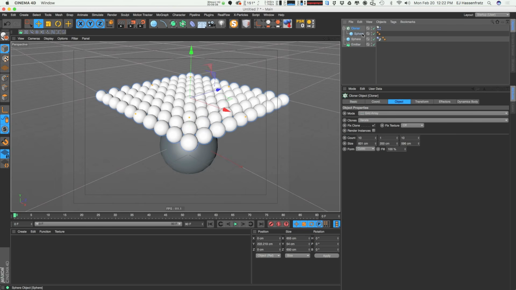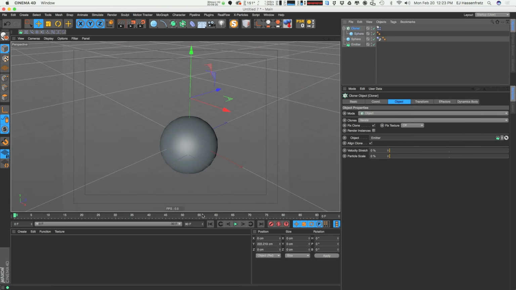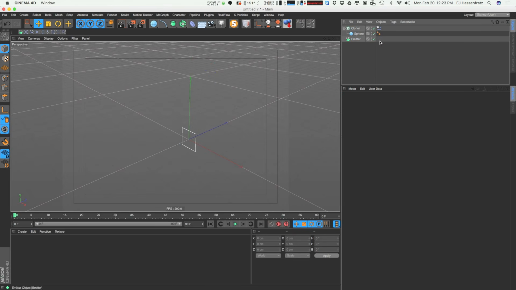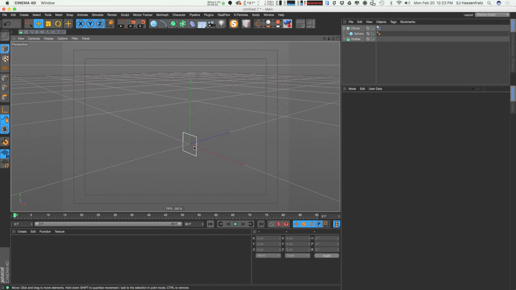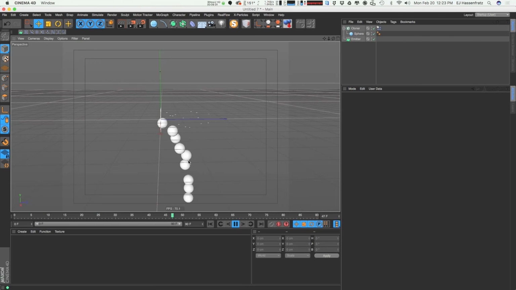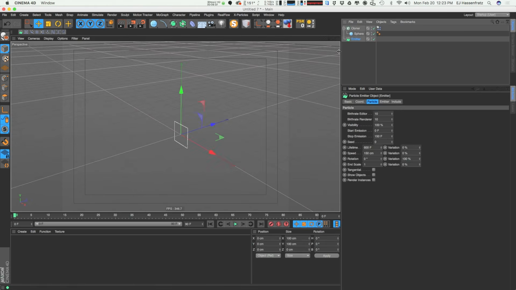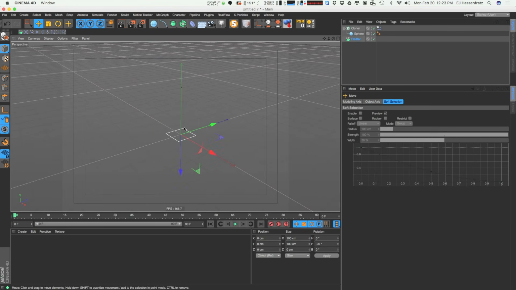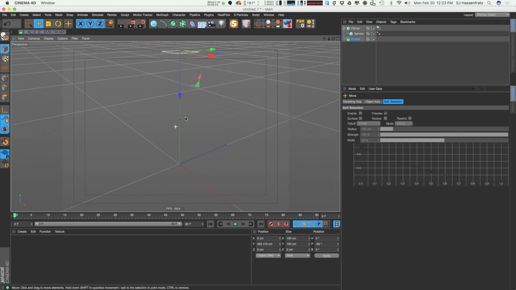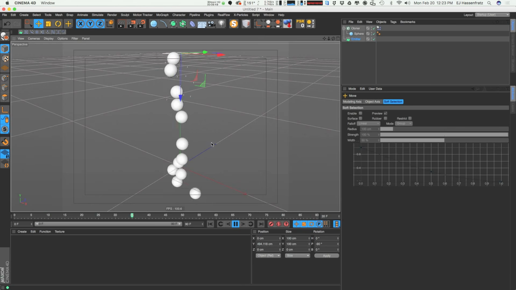So what I'm going to do is go from grid array to object and clone spheres, these soft body spheres, onto the emitter. So what you're going to see now, and I can get rid of my collider sphere here. So I got my emitter right here, and you're going to see it's going to emit all these clones that are connected by those soft body springs, right? So to create my spaghetti from the sky, I'm just going to rotate my emitter, move it up, and now these spheres are just going to drop, and since they're connected by those springs,